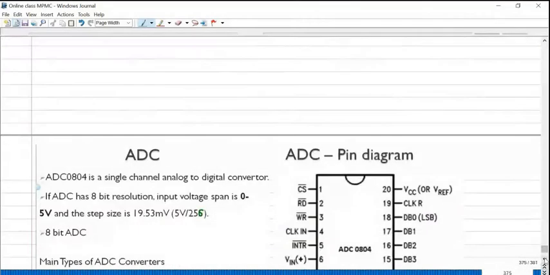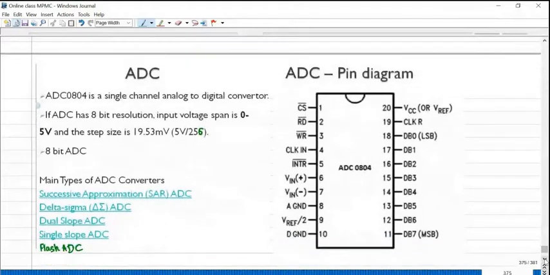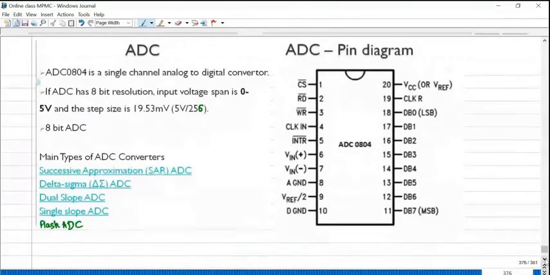So in this session, I will give an introduction about ADC, and I'll show the simulation of ADC interfacing with the 8051 microcontroller. So, analog to digital converter: this particular circuit, ADC, converts our analog input to digital output.